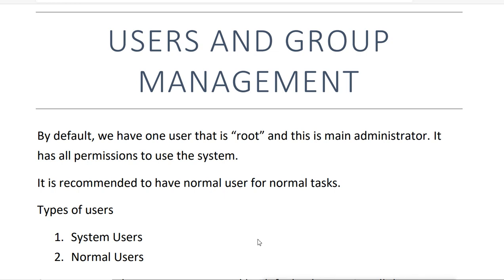The next type is normal users. Normal users are the ones that we create. We create those user accounts to give normal people access to our system. These normal user accounts do not have the privilege like the root user account. They get very minimal privilege, and if we want, we can give them whatever privilege we want. Unless we do, they will remain normal accounts, and they will not have permission for other things, mostly system things. System files and system configuration, mostly they don't have access to. They will have access to their own files and folders.